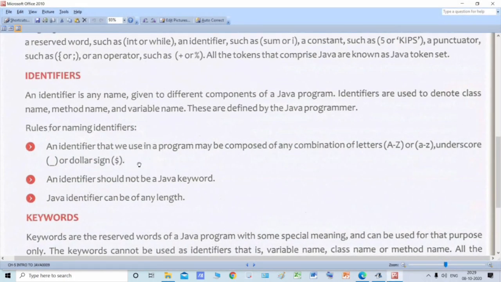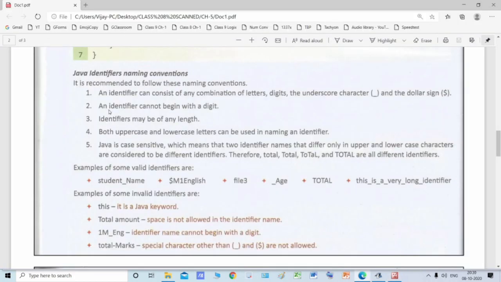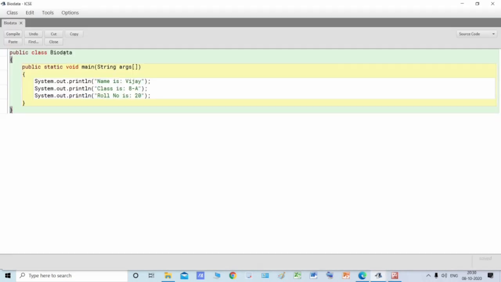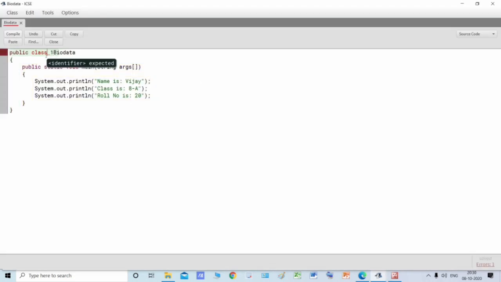This is not written over here, but you need to remember that you cannot begin your identifier name with a digit. For example, if I try to rename this class as 1biodata, then it will be an error. See, identifier expected. Why? Because I have started the name of my class, which is an identifier, with the digit 1. That cannot happen.